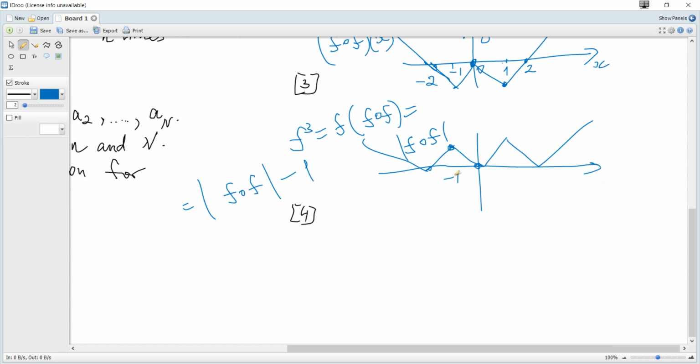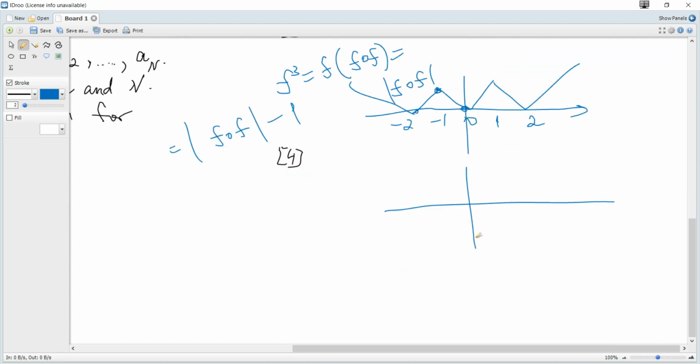Points are -1 here, -2, 0, 1, 2, and then 1 unit downwards, it becomes -1 here. At 1 it will be 0, at 2 it is -1, and at 3 again 0,